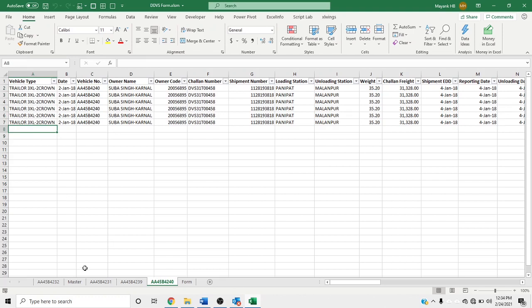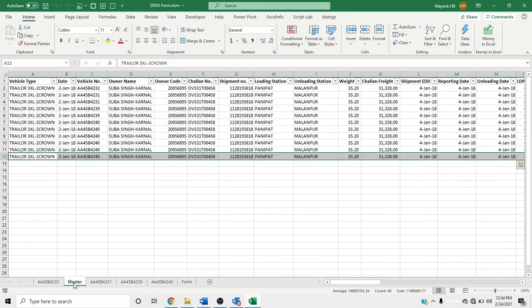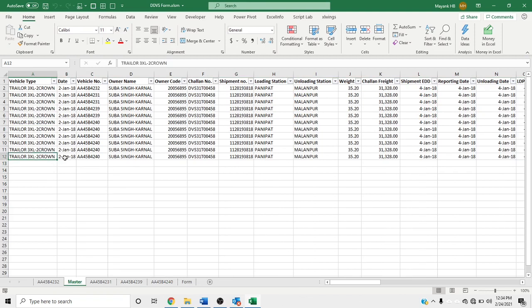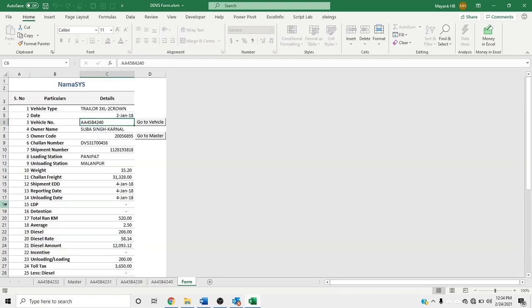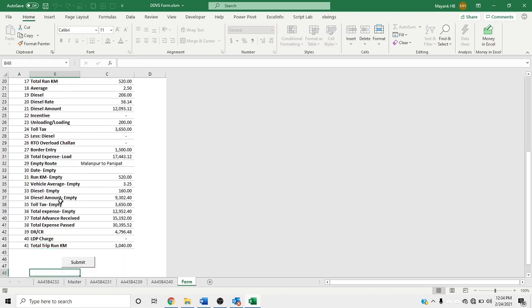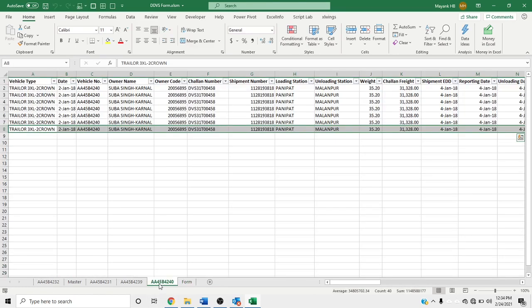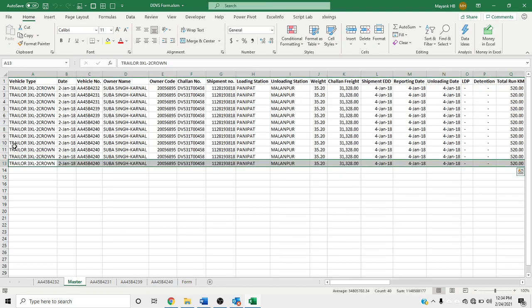And the second thing which happened is, when you click on the master, you will see this is an active row. This row is created just now when we clicked on the submit button. To show you with some more clarity, as you can see, this is on the 12th row for now and this is on the 7th row for now. Let us go again and click on the submit button. Now if we again go to this vehicle sheet, you see the 8th row is created here and a 13th row is created here.